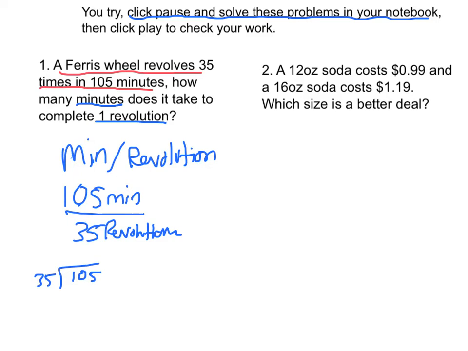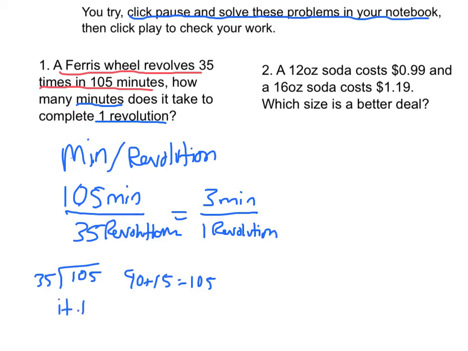Well, I can kind of see 35 times 3 is 90. 30 times 3 is 90, and 5 times 3 is 15. And 90 plus 15 is 105. So I'm going to go ahead and guess it's 3. If I divide 105 by 35, it would be 3 minutes per one revolution. So to answer the question, how many minutes does it take to complete one revolution? It takes 3 minutes